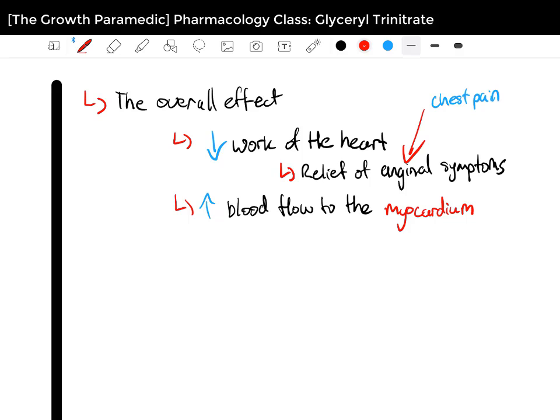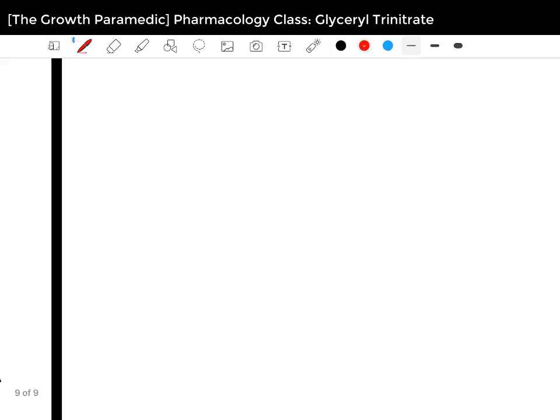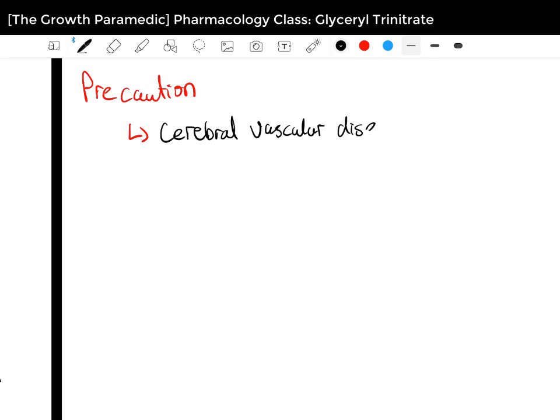We'll head off now to the precautions part. Not too much today, but there are a few things I just want to mention if you are going to administer GTN in the pre-hospital setting, and that's for patients who have a cerebrovascular disease. And I may cover this in the medical series, but if you don't know what it is, you can just research it. But essentially, the reason why you've got to be cautious in this instance is that if there is an increase in intracranial pressure,